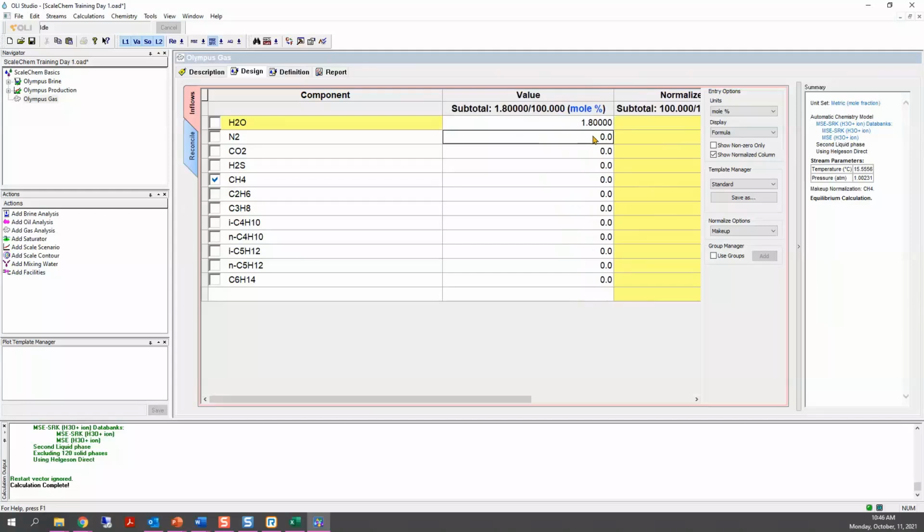Then we have nitrogen, a little bit of nitrogen, 3%. Can you just explain why are we doing this gas composition? What are we trying to accomplish with this? Yes, so this is a gas well, and we are doing the mass balance. We need this mass balance. We need to account for the production rate of gas. We need to account for the produced brine, the production amount of brine.